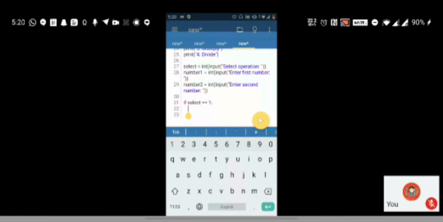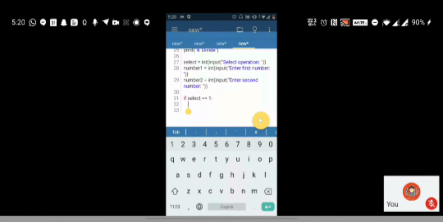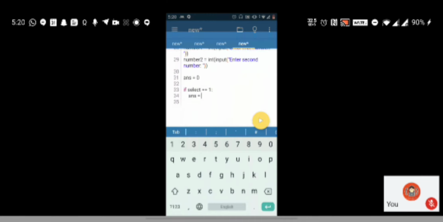So if select is 1, then initially let me just take ans is equal to 0. And I'm just going to say ans is equal to add, since this function was called add, right? So I'm going to pass number 1, comma number 2. Whatever is the output of the add function gets stored in the ans variable.